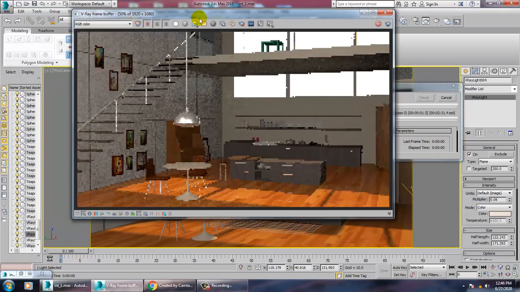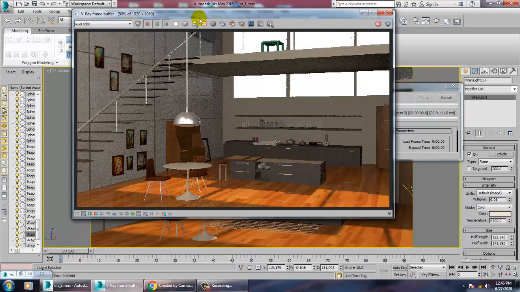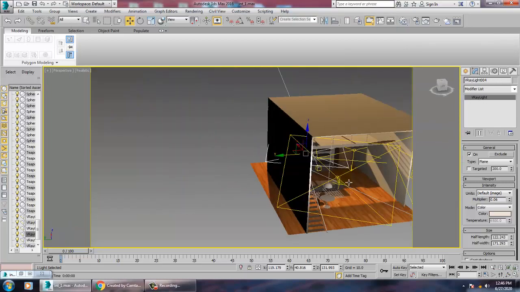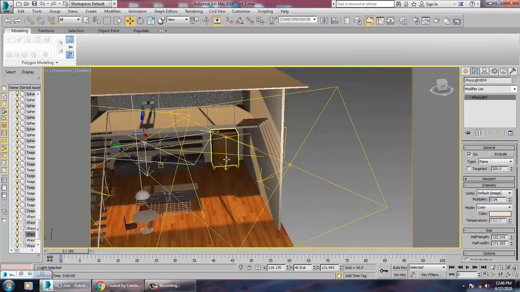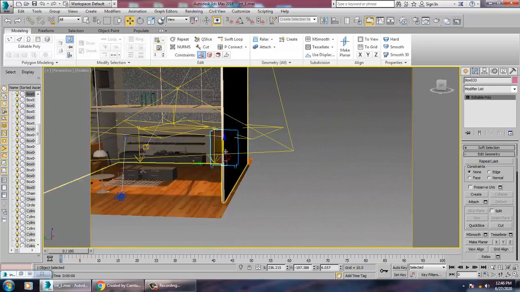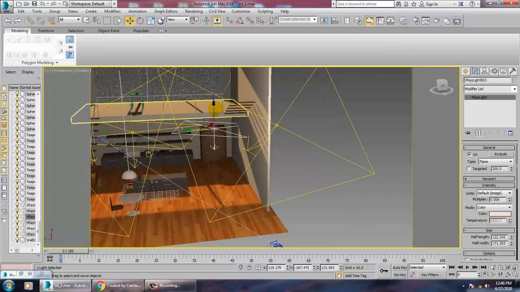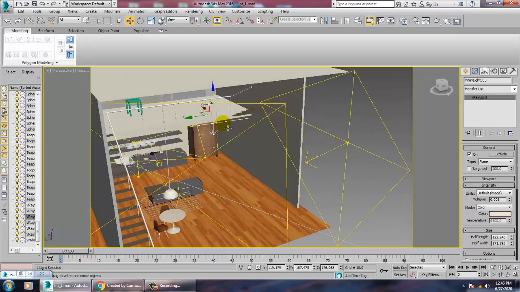Or you can keep the lights this way also. There are other ways: you can select this light, scale it, rotate it, and push the lights this way.